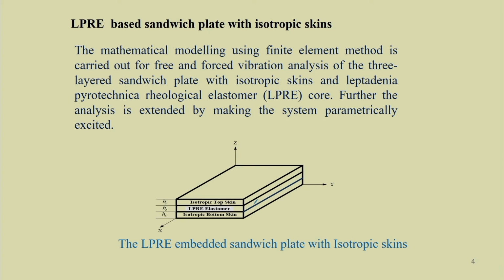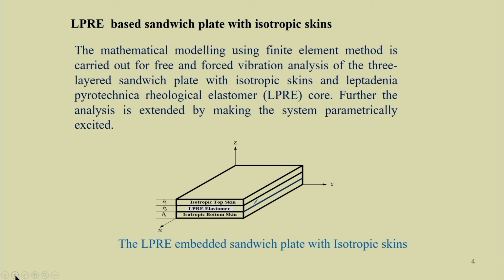You may replace this top and bottom skin by many different materials, for example, you may use a composite material or a functionally graded material. The basic formulation will remain the same, but a different type of matrix will be used in the formulation, or the elastic properties will be different. If you know the formulation of this isotropic material, then you can expand that to study composite or functionally graded material also. So, let us see by using an isotropic material how we can derive this equation of motion.